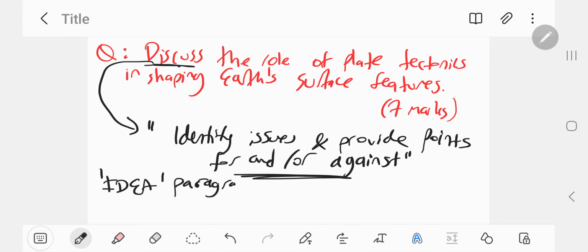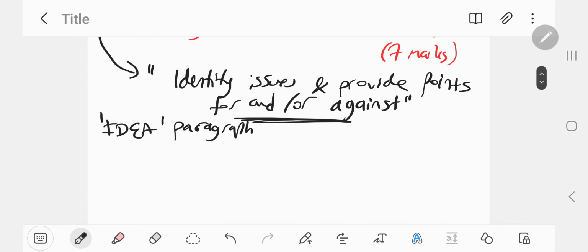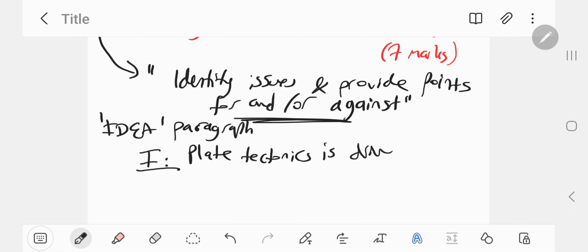So I tell students, don't shy away from questions like these, embrace them. And if you really just split up your response into sections, it should not be difficult to construct. So the first part of the idea paragraph is to identify. So identify, in this case, what plate tectonics are. So you would write plate tectonics. So this is a broad introduction statement. Plate tectonics is driven